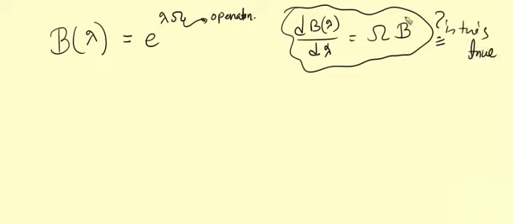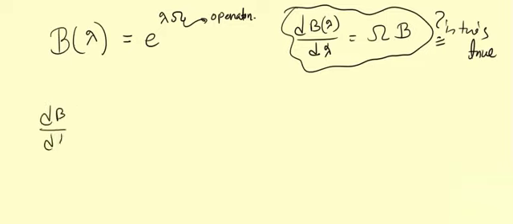Because that is something coming out of our intuition. That's just it. And we want to see whether this is true or not. Again, B is a matrix and omega is a matrix. So we really have to check whether it's omega B or B omega or completely something else. So we have to be very careful on that. So the first step is to